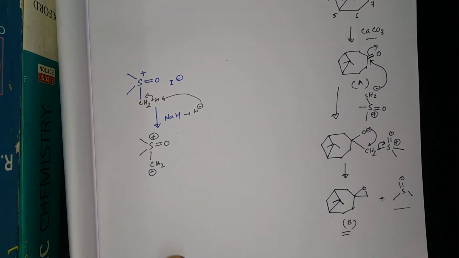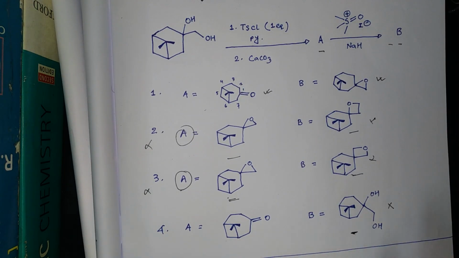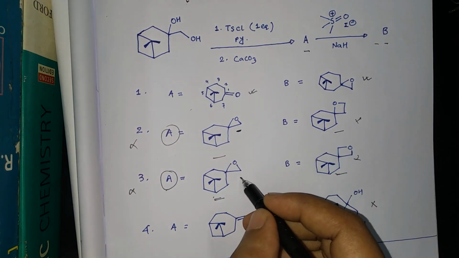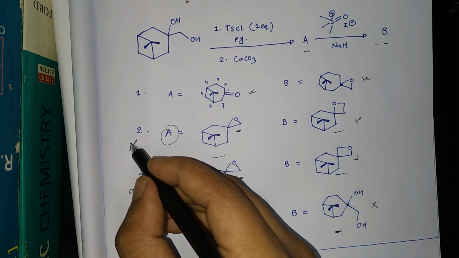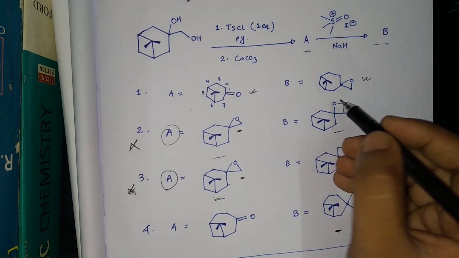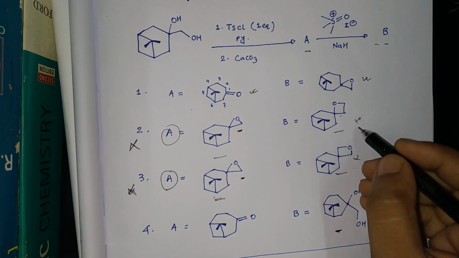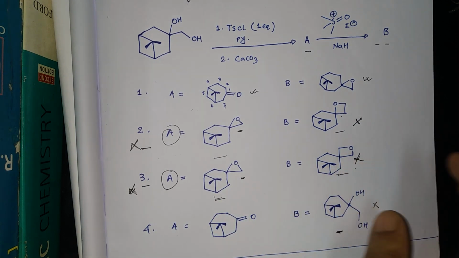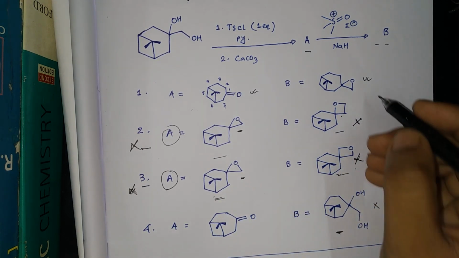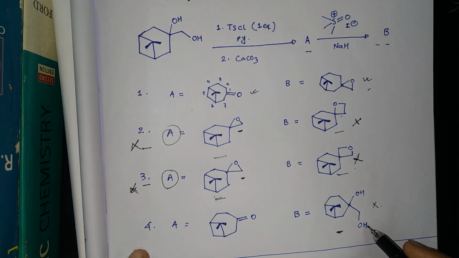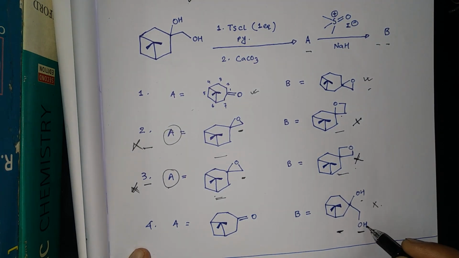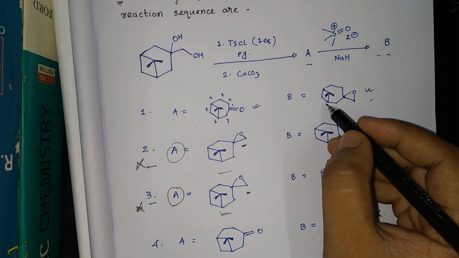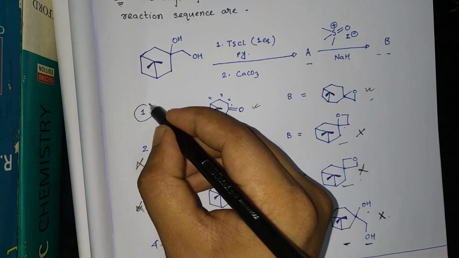Now we will look at the given options. In option A, it is already making a 3-membered ring for the first product, so this is obviously not the correct answer. In this other case there is a 4-membered ring, so there is no chance of forming a 4-membered ring. So option 2 and option 3 we can neglect. The other two are 1 and 4. But in option 4, we can see the diol is produced again in B, so this is not the correct answer. Option 1 shows the correct answer in both cases, so option 1 is our correct answer.